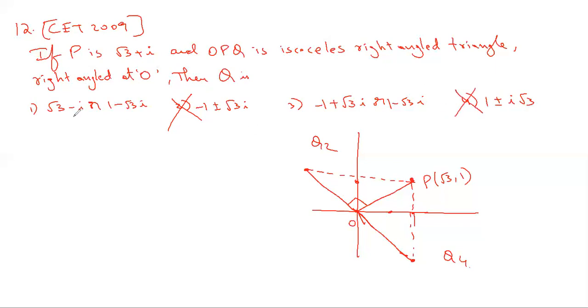In this, both are in the second quadrant. This cannot be the answer. You can't have two answers in the second quadrant. One answer should be in the second quadrant and one in the fourth quadrant. That happens only in this. Suppose you have two answers such that one of them is in the second quadrant and one in the fourth quadrant, then you need to worry about checking the magnitude or angle or properties. So this is the use of the elimination method. You can use elimination and get the answer straight away.